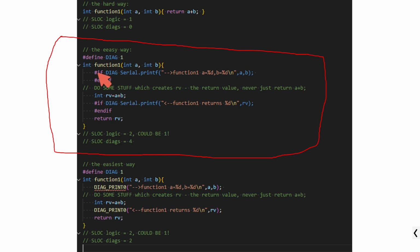And this is what I do on all of my functions as I write them. Before I write them, I've got a kind of templated insert and it sticks in a diagnostic line which shows the value of all the parameters on input, and then I never return the actual value. I always have a variable of the appropriate type to hold the value, and then just before I return it, I show what I return. Now that is just a technique that you have to get into,